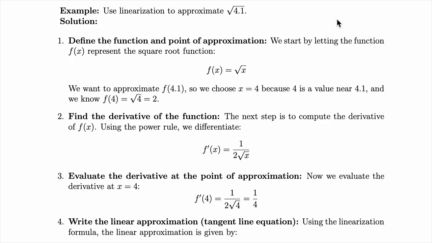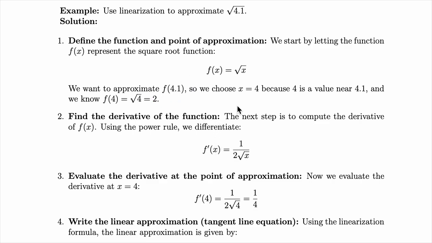Okay, now let's look at a quick example of how to use linearization. So this question just says use linearization to approximate the square root of 4.1. First we are going to define the function and the point of approximation. Our function is just the square root function, or square root of x. And we want to note that we're looking for f of 4.1, or the square